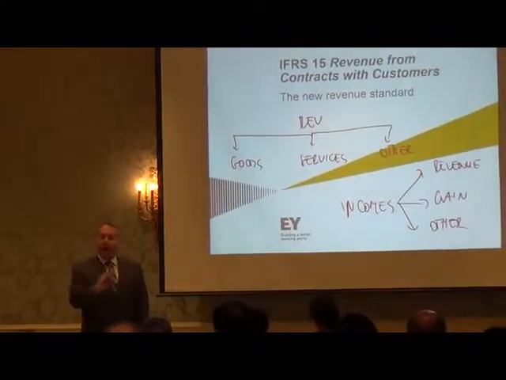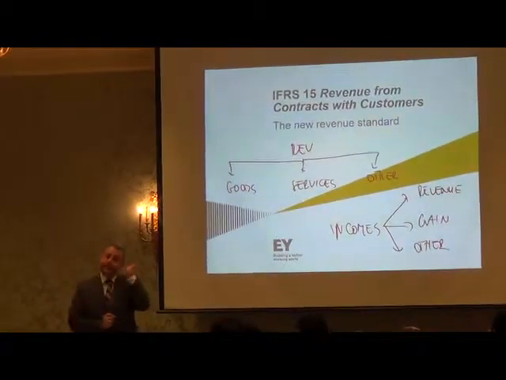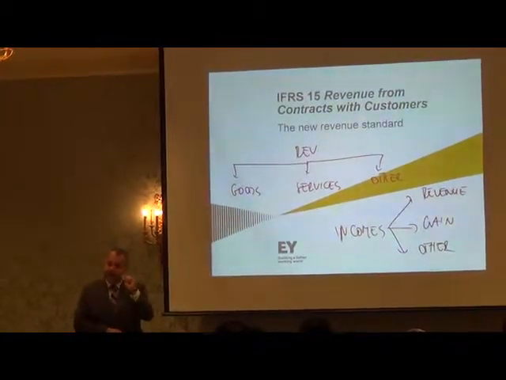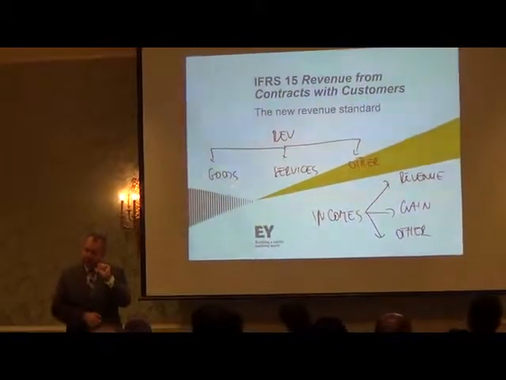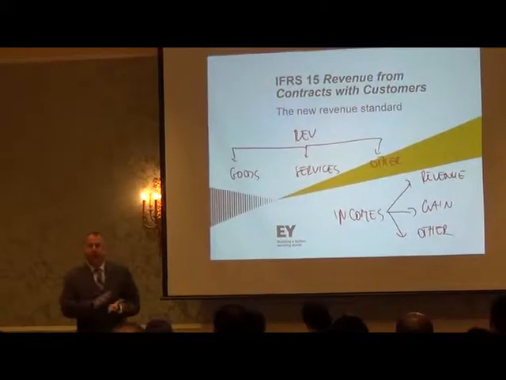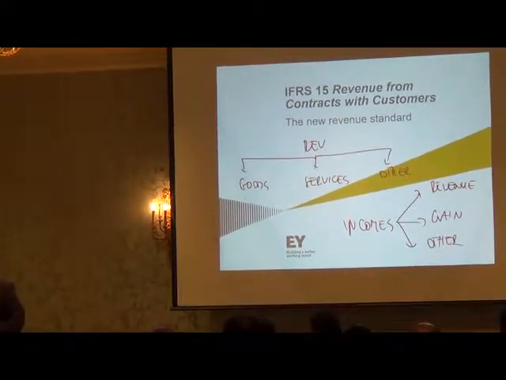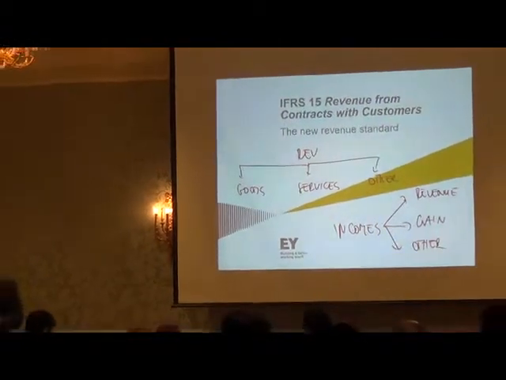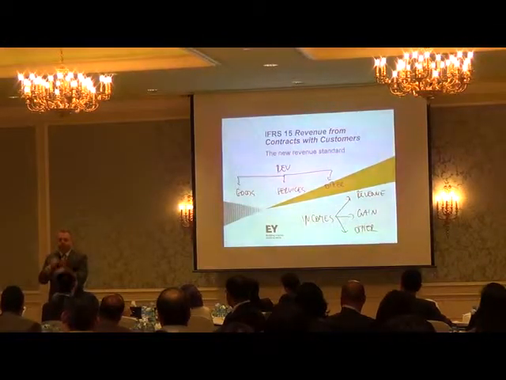No matter how IFRS 15 defines the words, this is the first thing that you need to understand, that revenue is what is generated in the ordinary course of business. Why is it very important? Revenue in the income statement must be a really, really clean number. What do I mean by clean number? You don't put anything inside there which has nothing to do with your core activity.